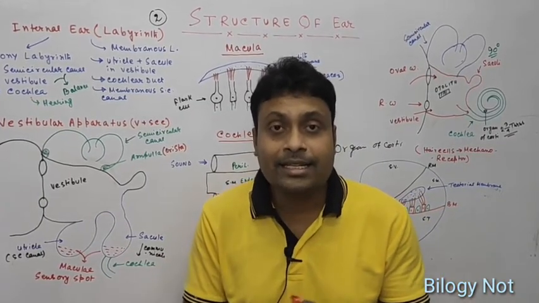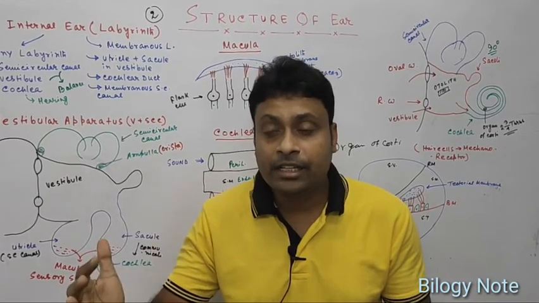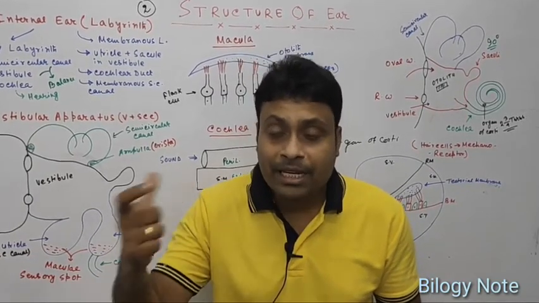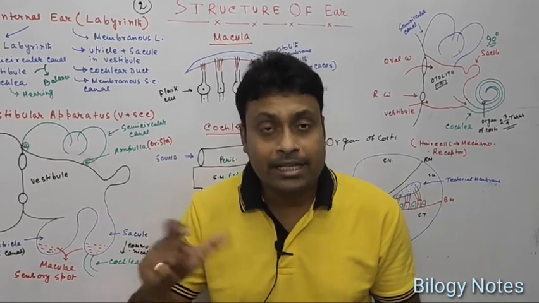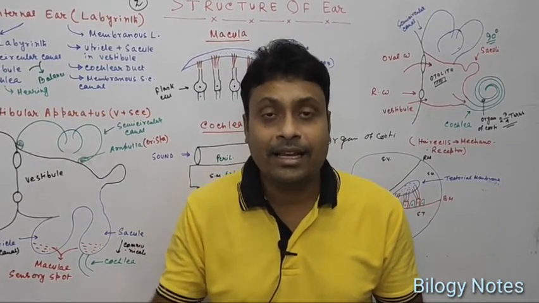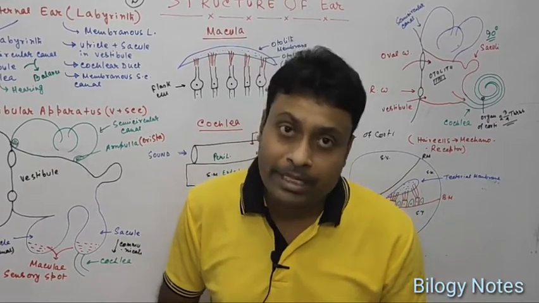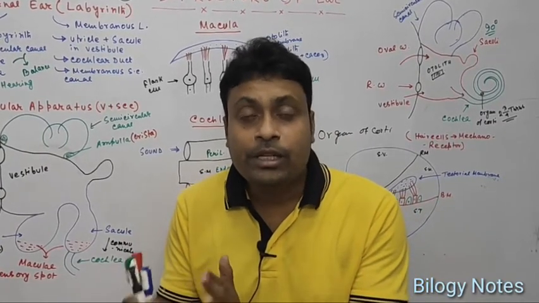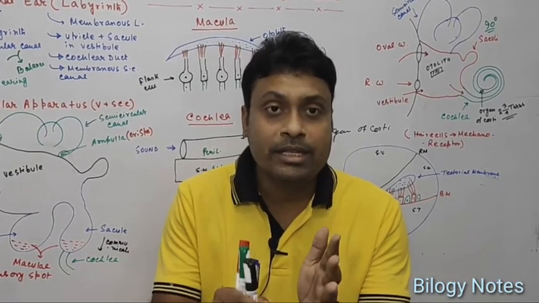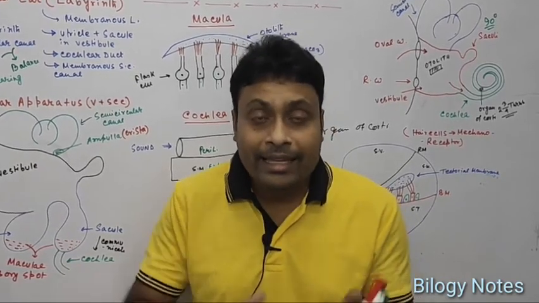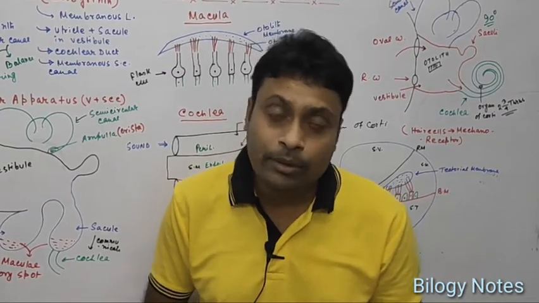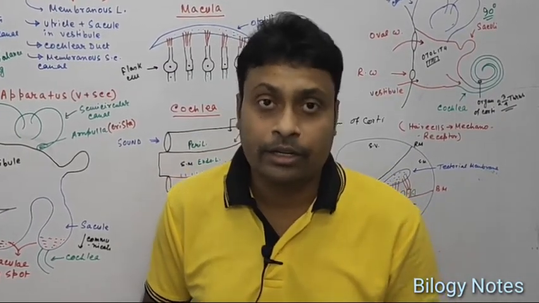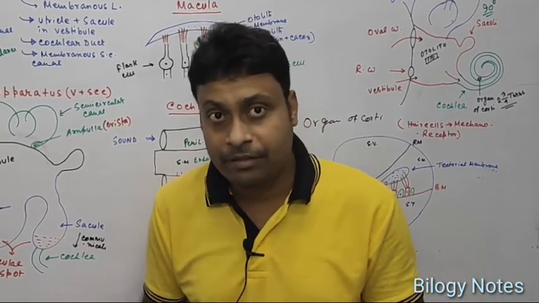So the sensory hair cells can detect different information from the surrounding environment. After capturing this stimulus in the sensory hair cell, a receptor potential will be generated, and this receptor potential will be transmitted to the neurons which synapse with the sensory hair cell. In this neuron an action potential will be generated, and this action potential will be transmitted to our brain, so we can serve the specific function.